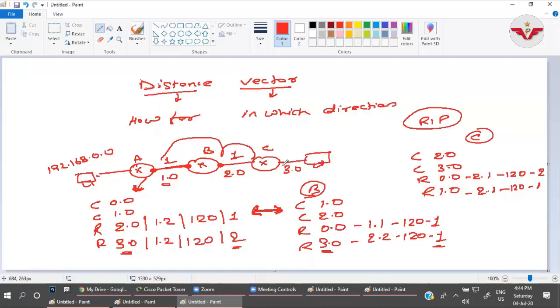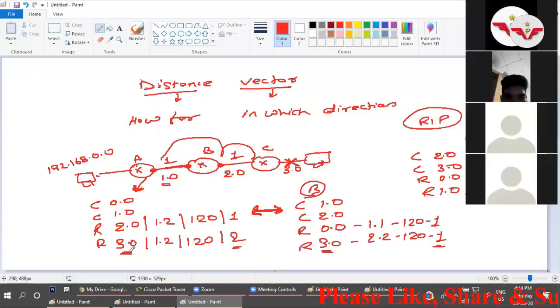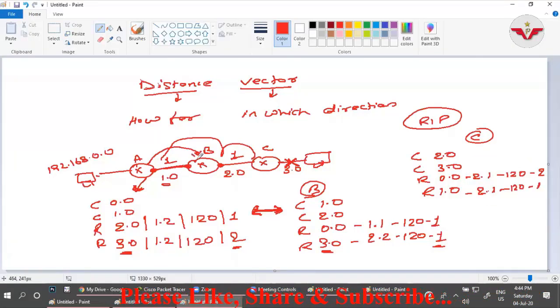It can be possible that this link goes down. Router B gets the information that it cannot reach the 3.0 network, that the network is down. But router A does not get that information. Router A still has the information about the 3.0 network. Router A will forward the information to router B that I can still go to the 3.0 network with a metric of 2.